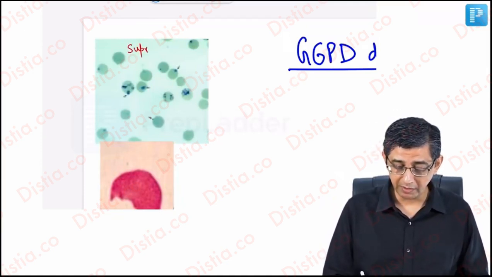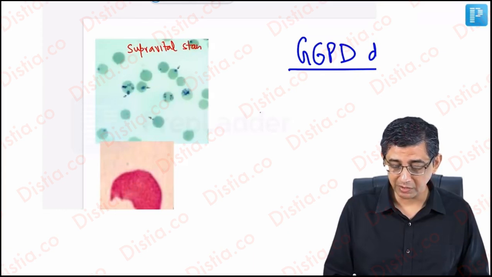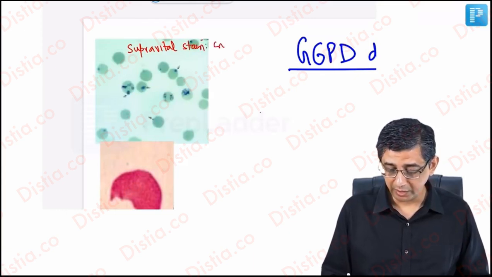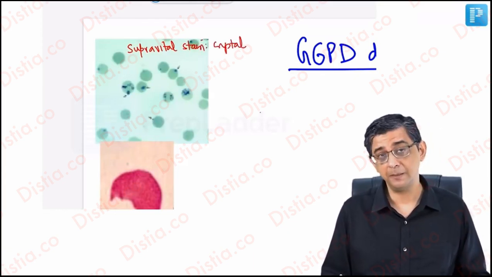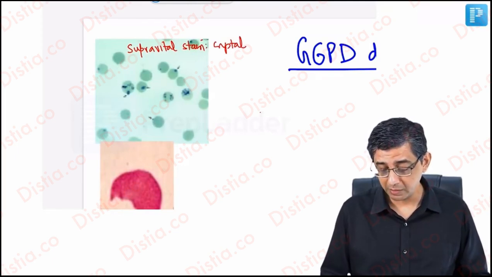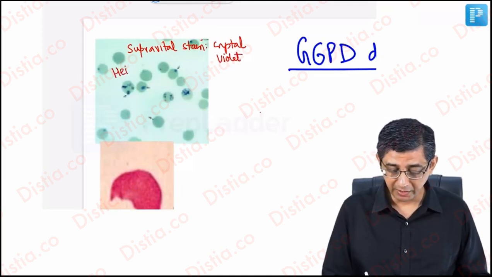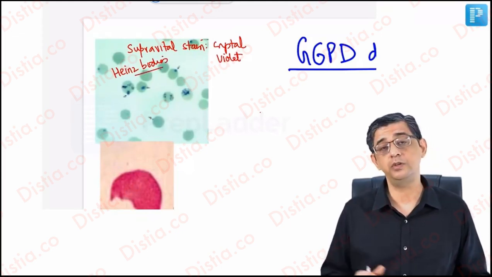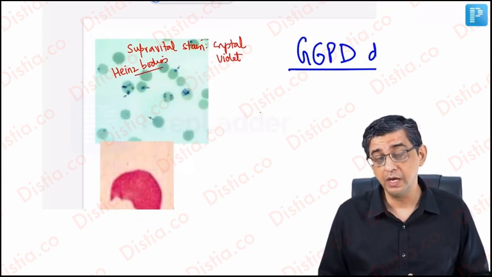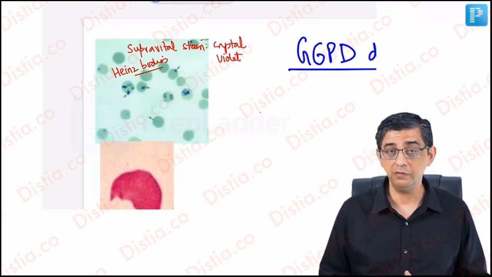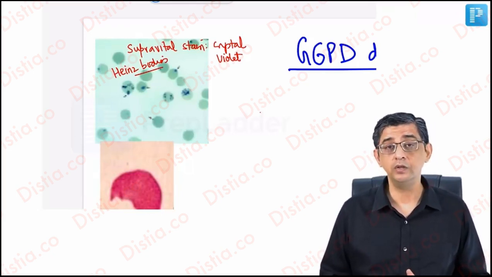Well, this is a supravital stain that you have studied in pathology, and the name of that is crystal violet. You can see that the red blood cells are appearing green in color, and the bluish bodies which are present inside are called Heinz bodies. The second slide that I'm not showing at the moment, but you will notice in the infection component subsequently, is Pneumocystis jirovecii. The cysts of Pneumocystis jirovecii will be black in color and the background of the slide will